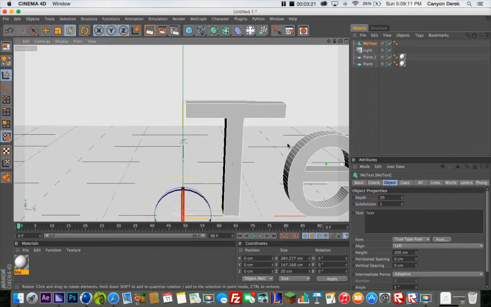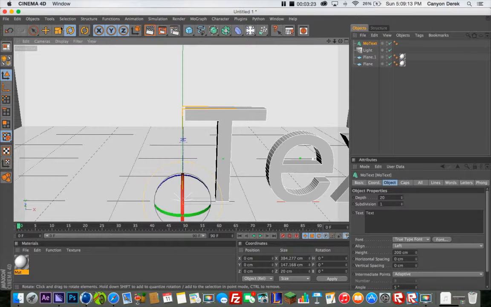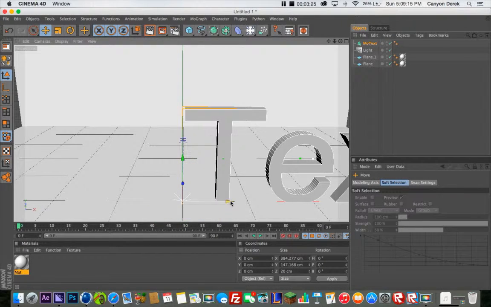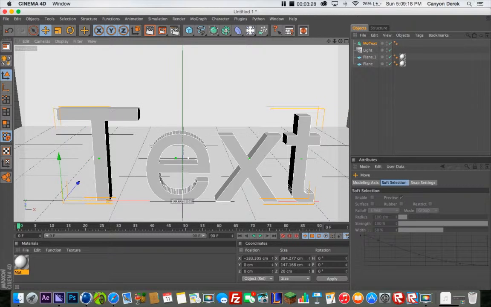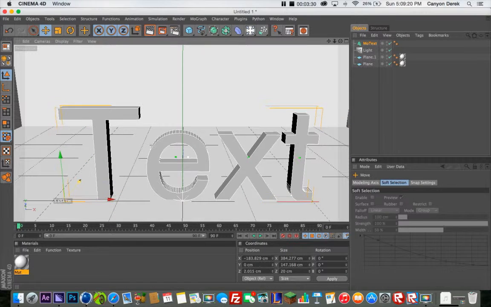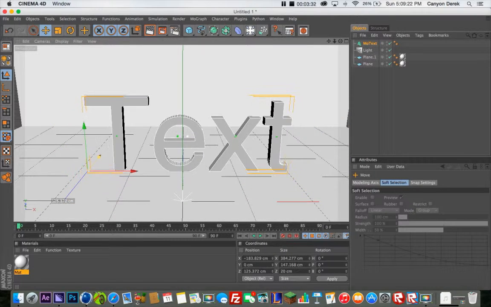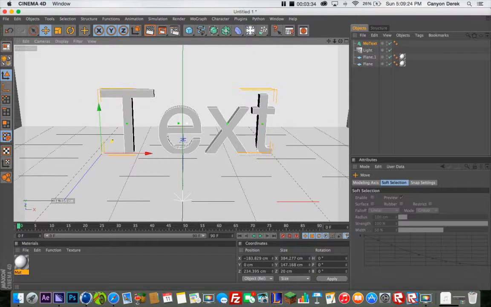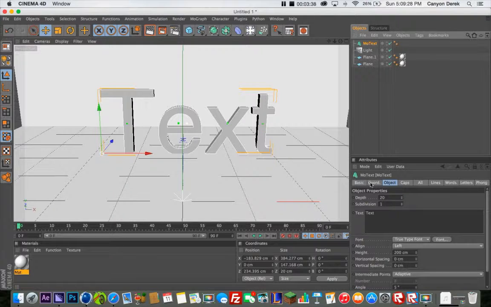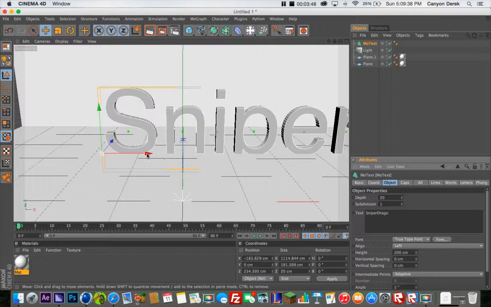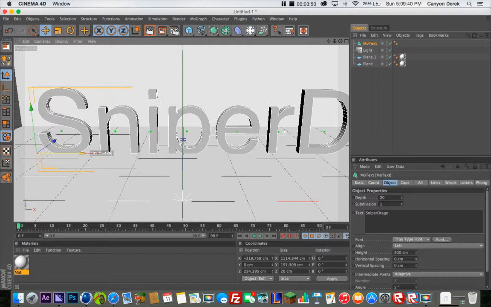Go up to MoGraph and choose Mo Text. Zoom out a bit to grab it. Go back to your move tool, center it, move it back to about right there. Looks pretty good. And then you can click on that and we can make it whatever we want. I'll do SniperDrago, which is my name,